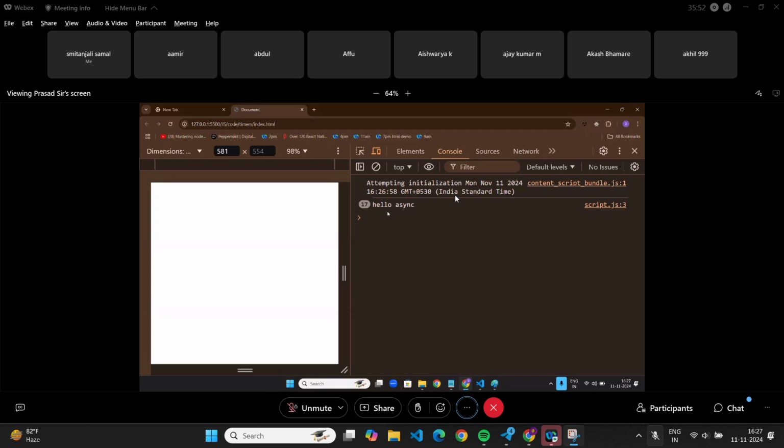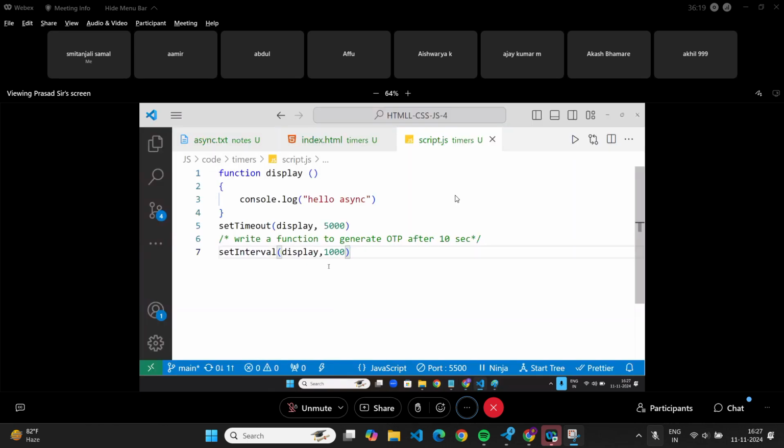What is the difference between set timeout and set interval? Does anyone have any questions? Till now it is easy. But you need to understand how this asynchronous programming works. Now, let me explain it to you.